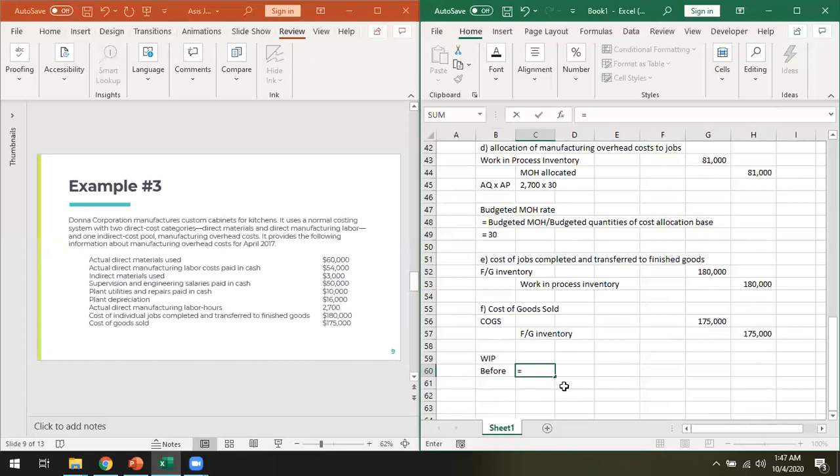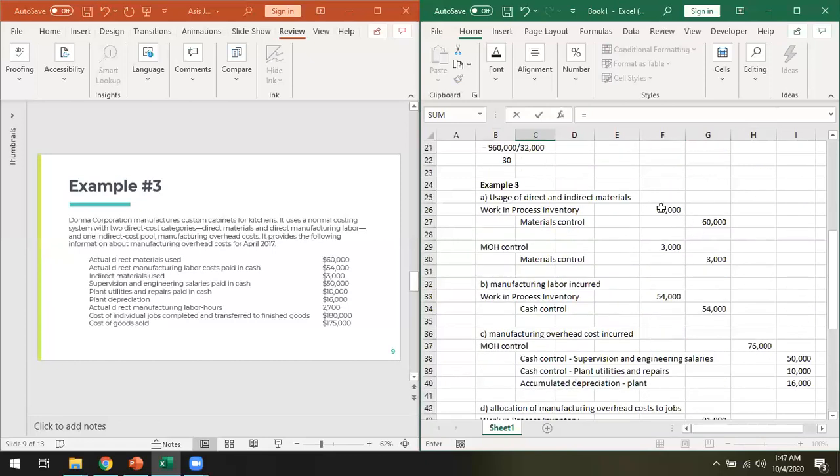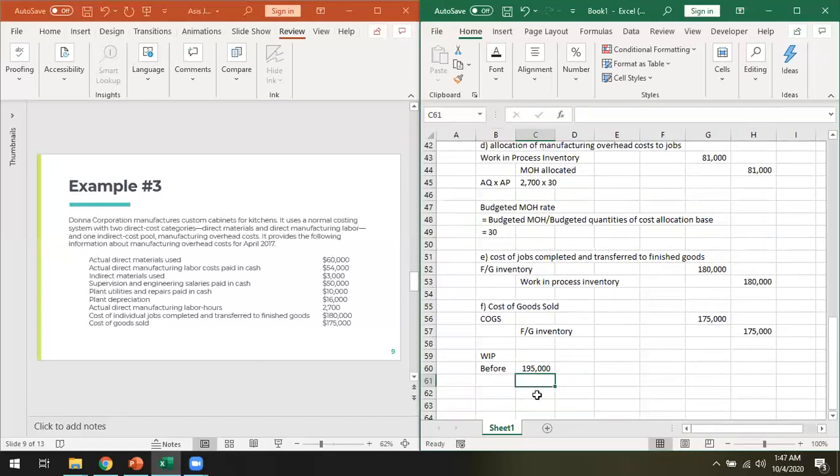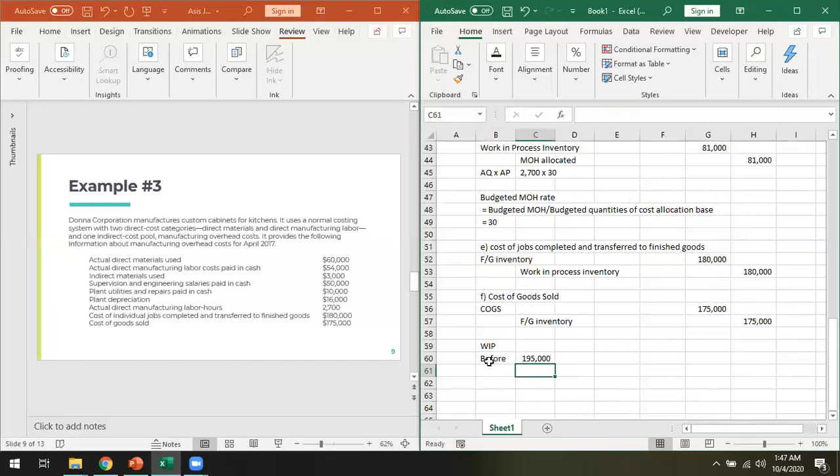You want to know the figure, just sum this number, 55 plus 54 plus 81. Okay, so the total work in process inventory from direct material, direct labor, and manufacturing overhead allocated is